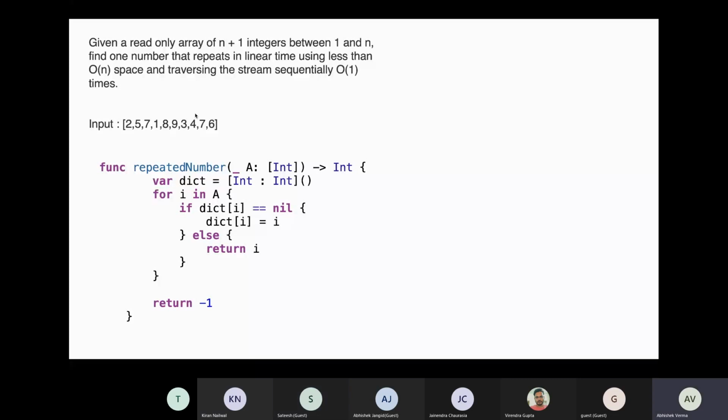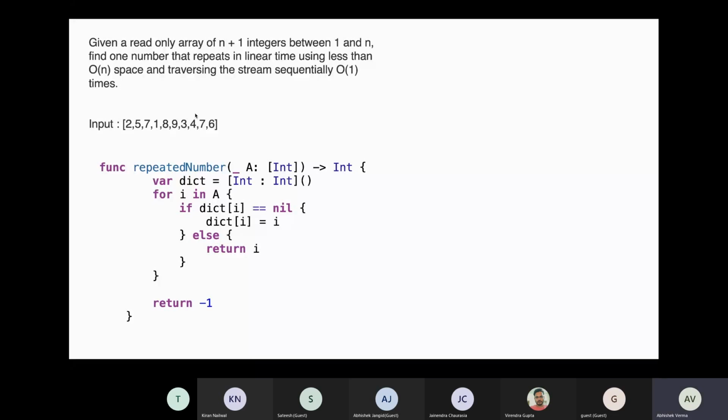ठीक है, ये दोनों सॉल्यूशन वैलिड सॉल्यूशन है जिसमें हमारा स्पेस कॉम्प्लेक्सिटी O of n है और टाइम कॉम्प्लेक्सिटी भी O of n है। One solution which Nishant has given has time complexity of O of n square and space complexity is constant. So there is a win over space complexity.